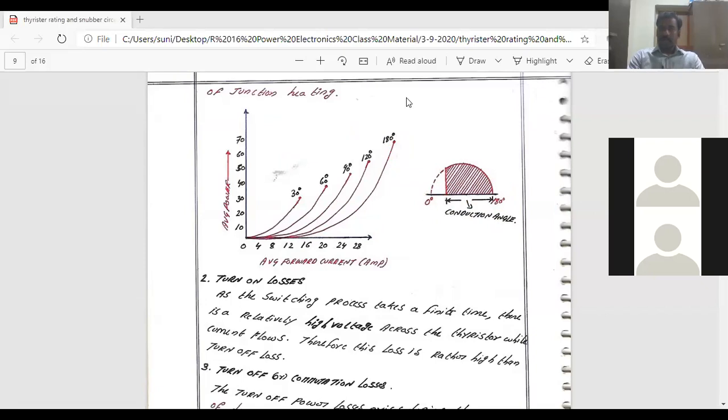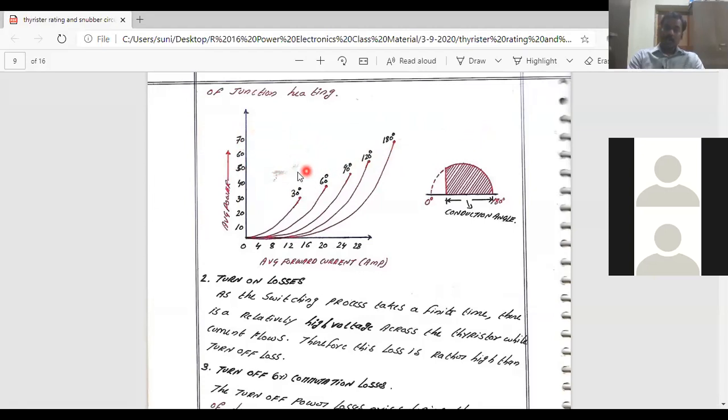In this particular phase angle control, you are going to have different average power dissipated like this. So at 30 degrees, the power loss may be like this. At 60 degrees, it would be somewhere like 40 milliwatts, for 90 it could be somewhere like 50 milliwatts, and for 100 it could be somewhere like 60 milliwatts. That is milliwatts, or depending upon the device rating it may be watts, and at 180 it could be maximum.